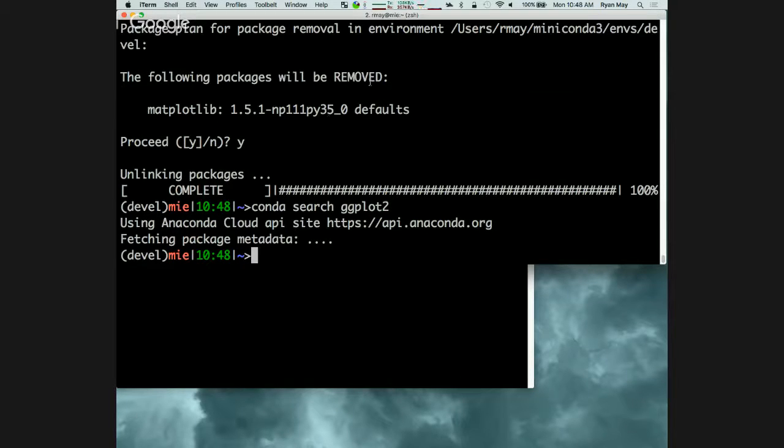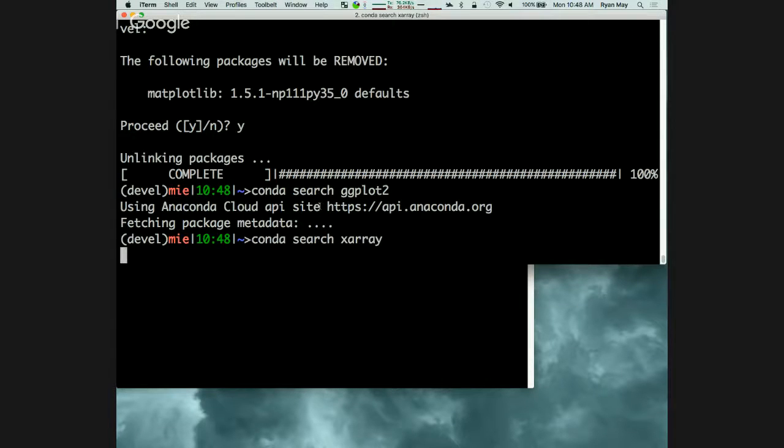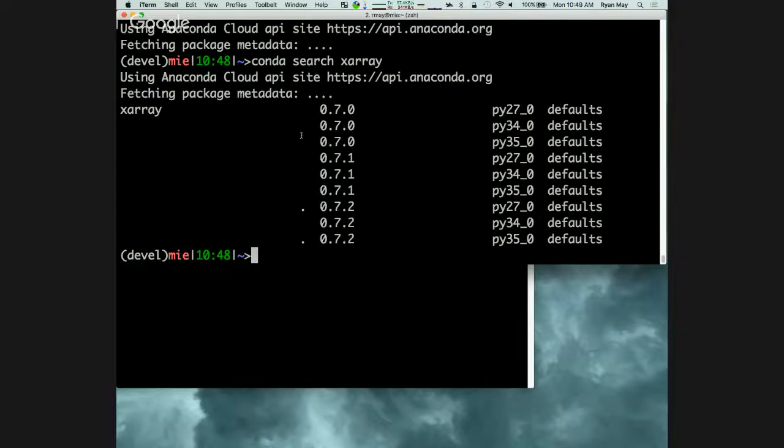And I think by default right now we're set to be talking to the default Python channel, so it doesn't have it. So if I do conda search, xarray is a useful tool out there. So we see here's a list of versions, and of course it's filtering by my platform as well, on OS X.